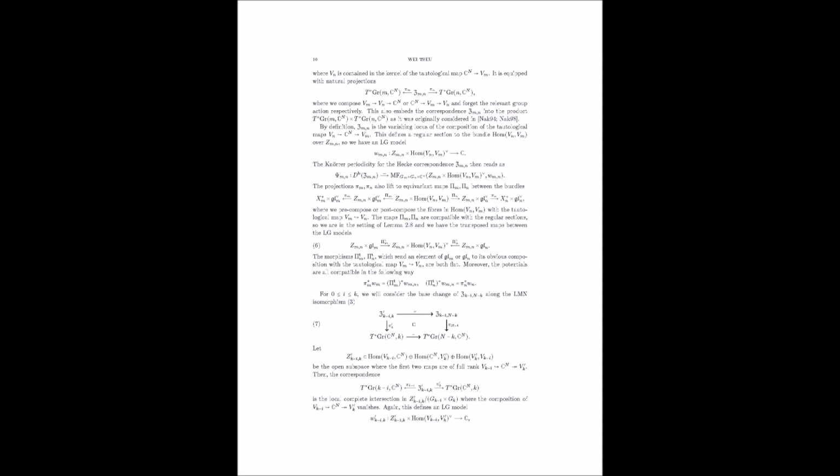Now let's unpack the specifics of how this connection is established. The paper mentions GIT quotients. What are those, and how do they relate to the Hecke correspondences? GIT quotients, or geometric invariant theory quotients, are special types of geometric spaces obtained by taking the quotient of a space